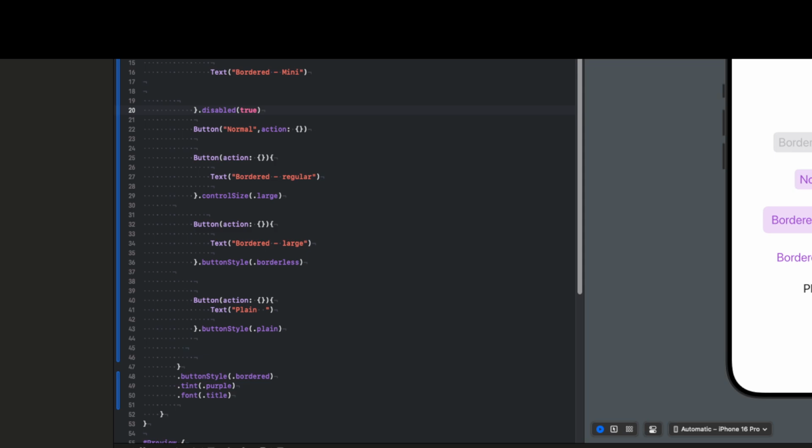Disabled is something that I saw. Even role, for role you have to go on to that other style. And then this is initializing with images. What is it doing here? I have a button image. With image, with a system image. Button can be created by specifying. Oh, so